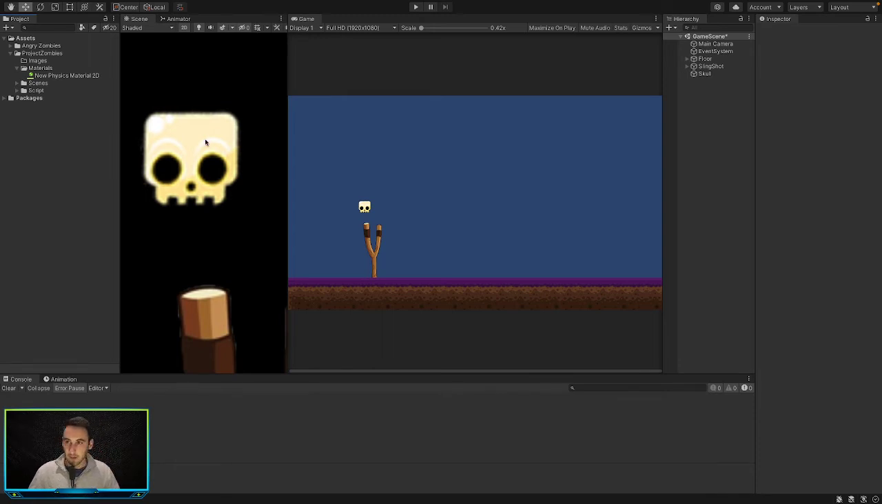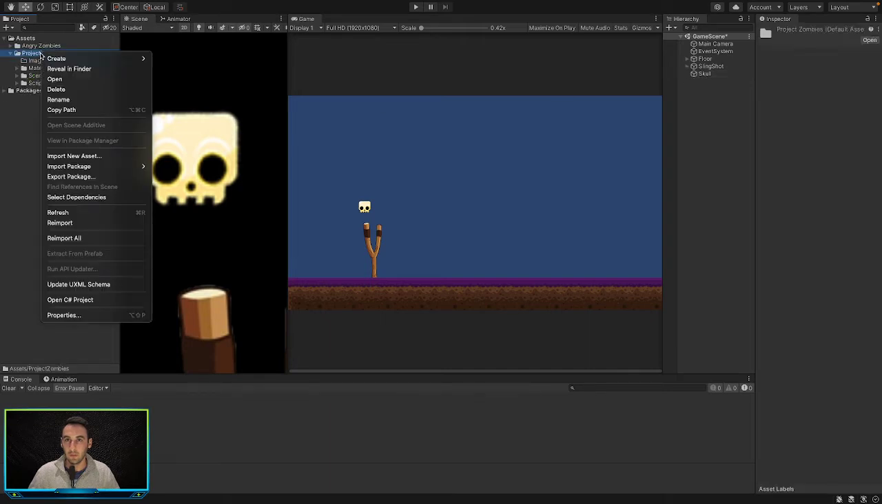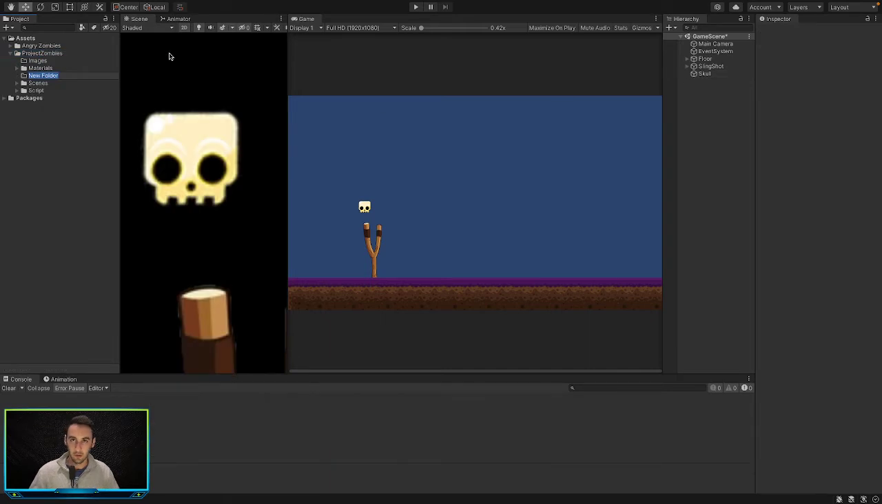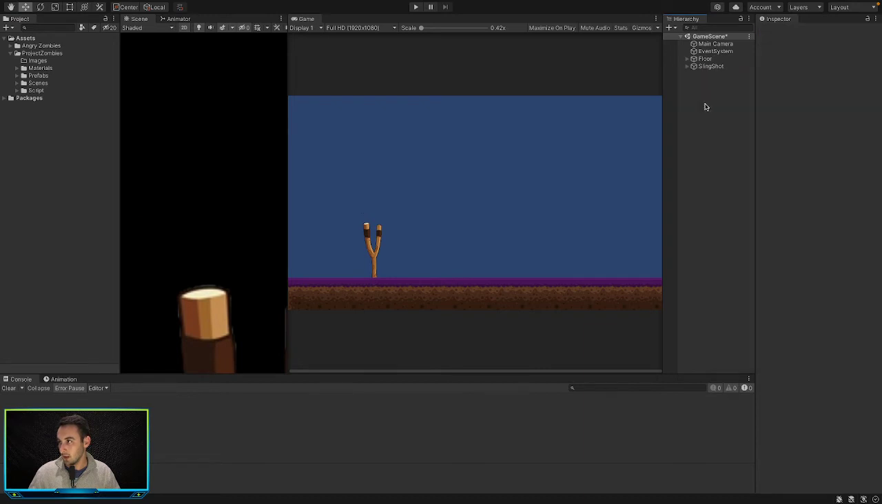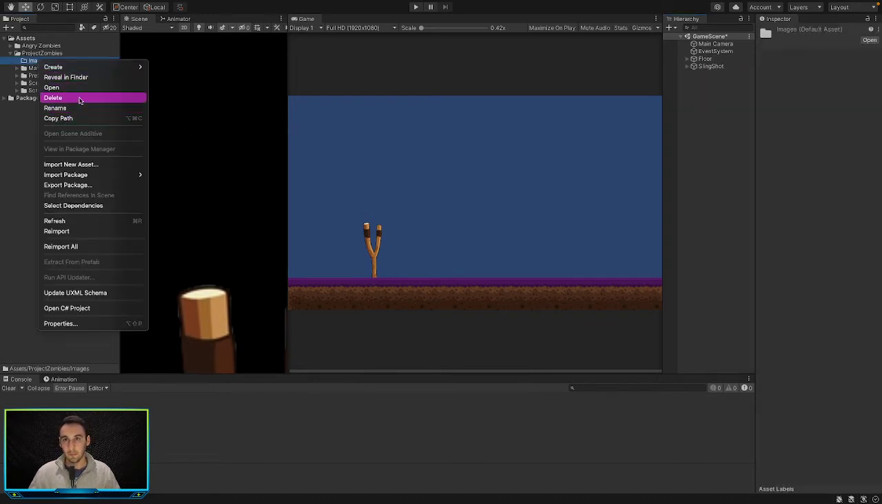So now let us create a prefab out of this. So if we drag this, first of all, let's go ahead and create another folder, and we'll call this prefabs. And then what we want to do is drag in our skull into that folder. So now we've created a skull prefab, so we can go ahead and delete this out of our scene, and we're gonna instantiate it in our